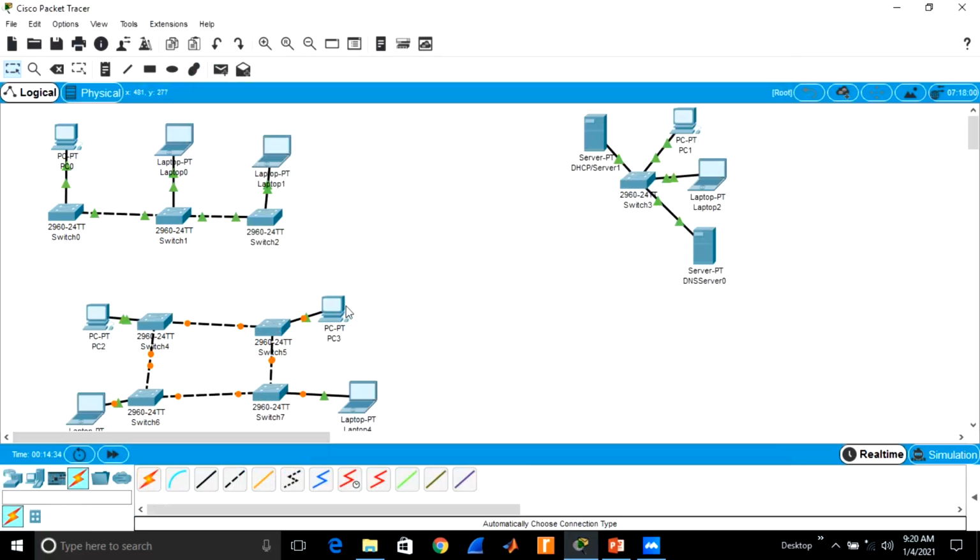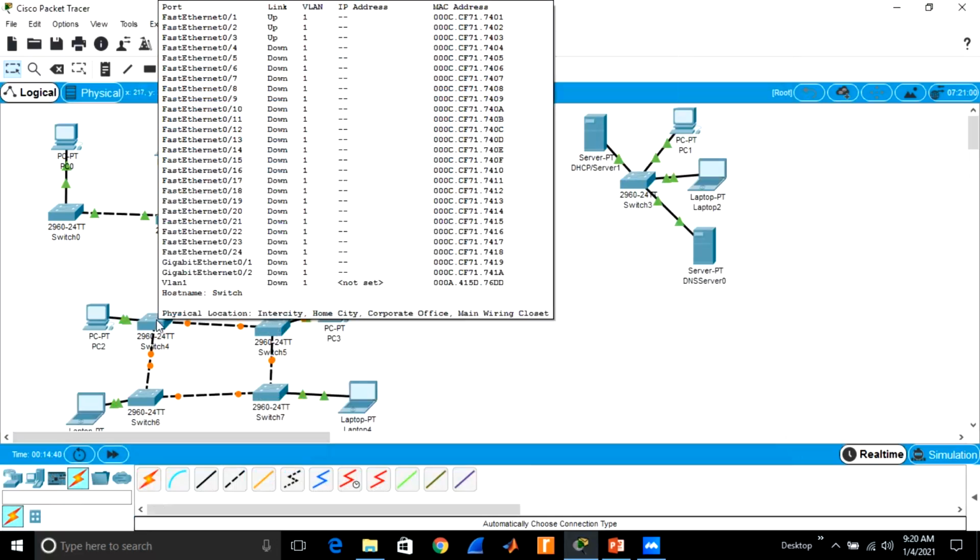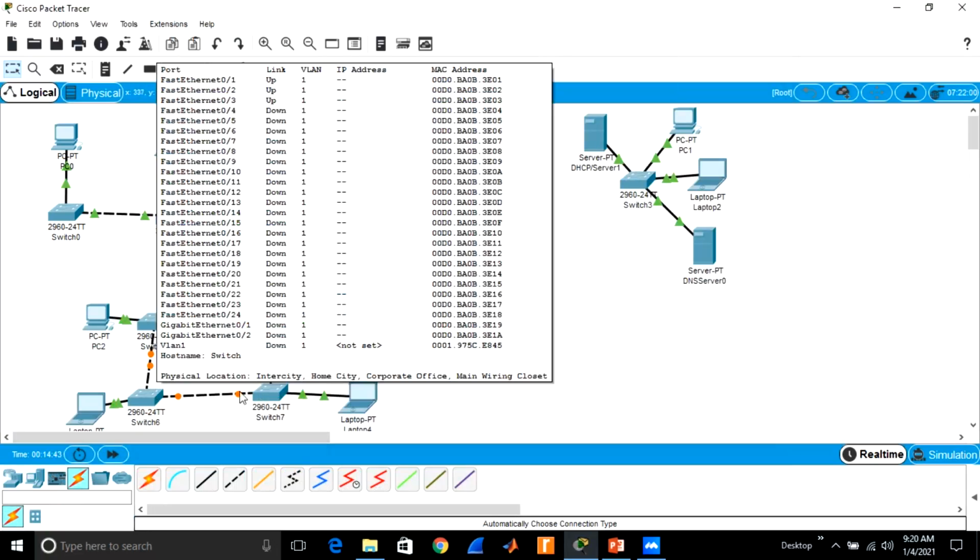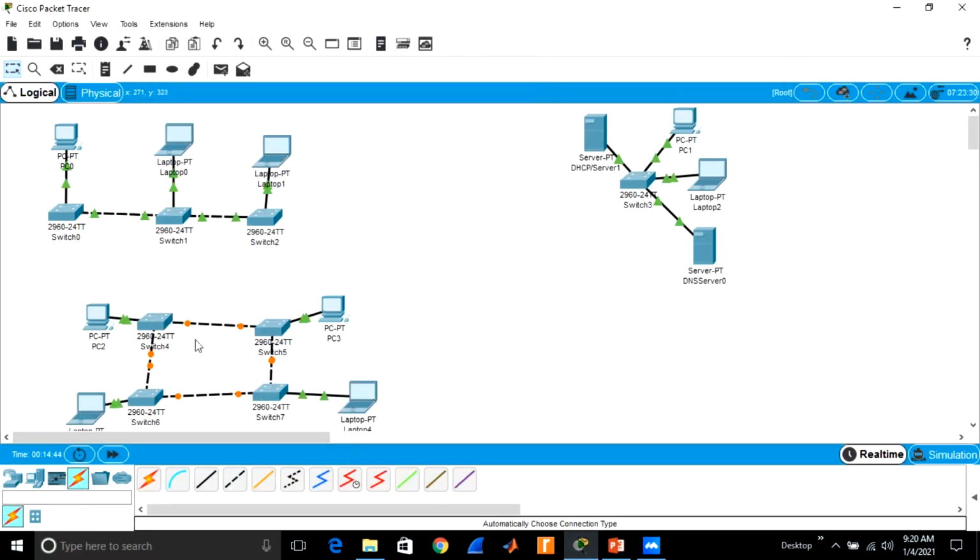For example, when they send the data, they will send to this switch, and it will send to this switch, and then to this switch, and they will receive. This is called ring topology.